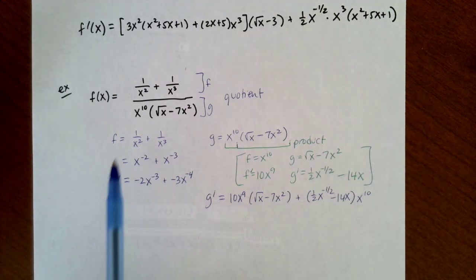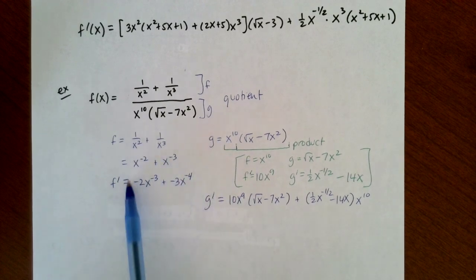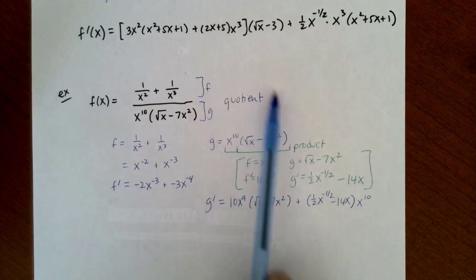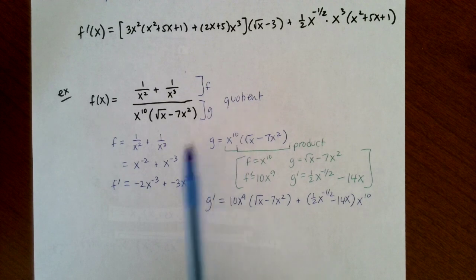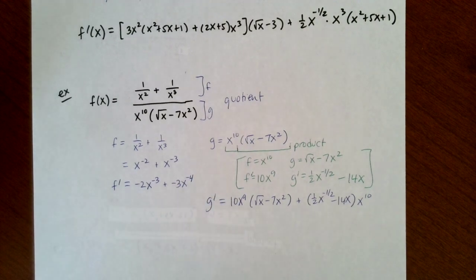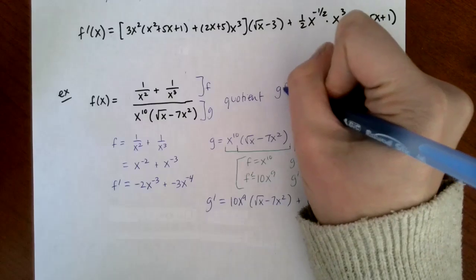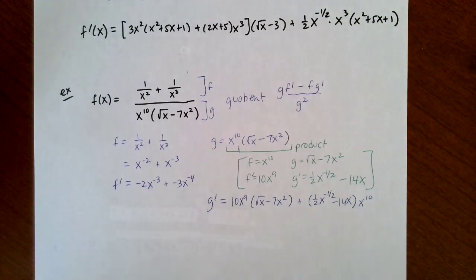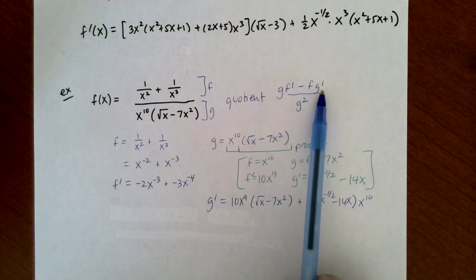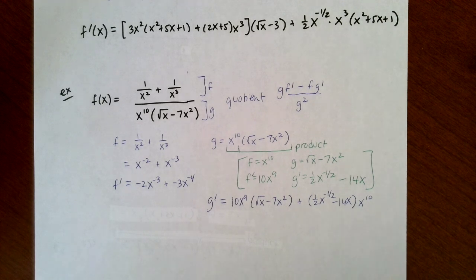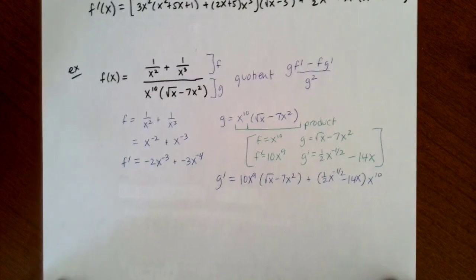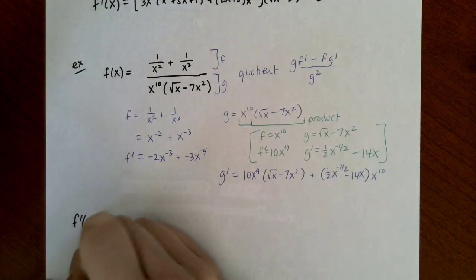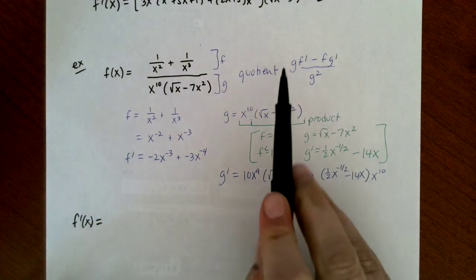All right, and now that I have all four of my blue pieces, f, f prime, g, and g prime, I'm going to put them into the quotient rule, which I was originally trying to do. So all of this is going to go into the quotient rule, which is low d high minus high d low over the square of what's below. So I'm going to go g f prime minus f g prime over g squared. All right, this is going to be a monster, but we can do it, and then we're not going to simplify at all. So my overall derivative, f prime of x, I'm going to do g times f prime,